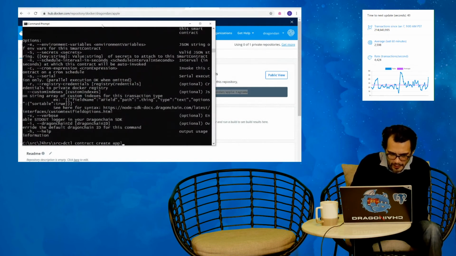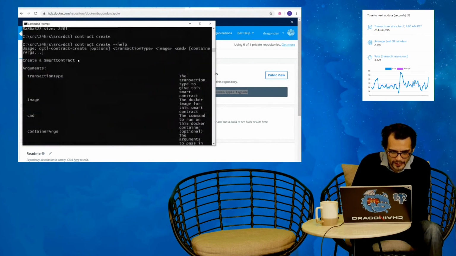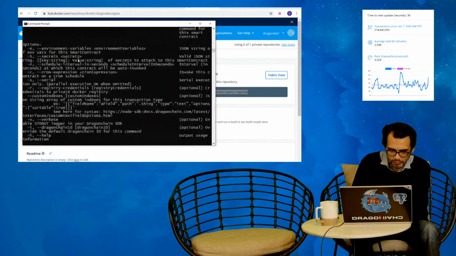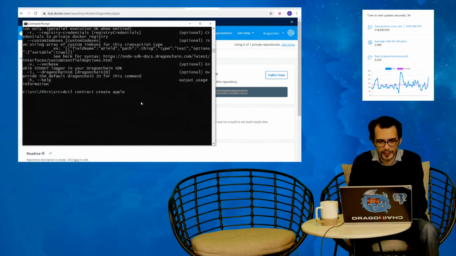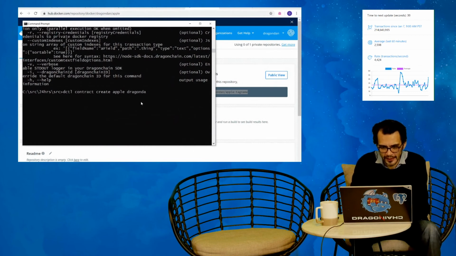So let's call it an apple. And then it's going to tell me I need to have my image. So my image that I'm going to run is dragondan/apple,